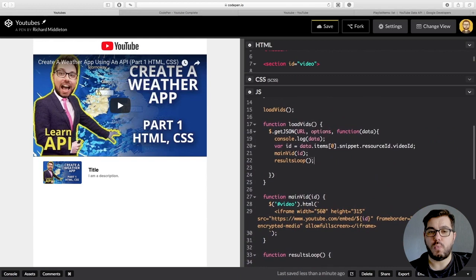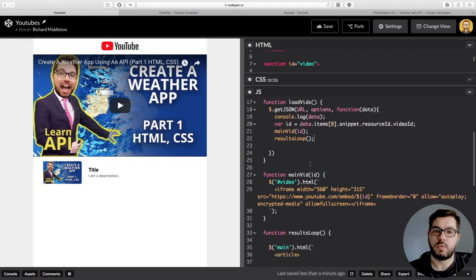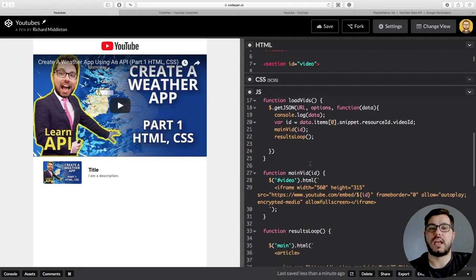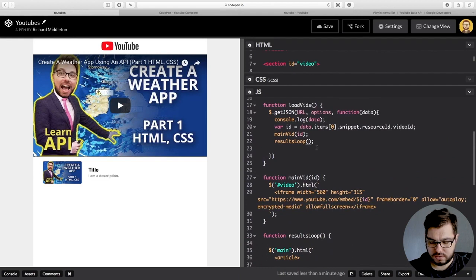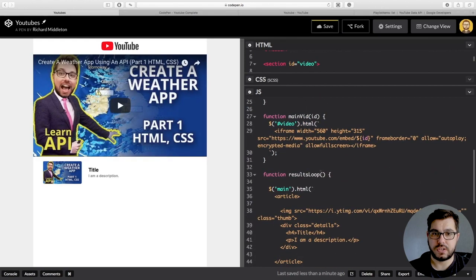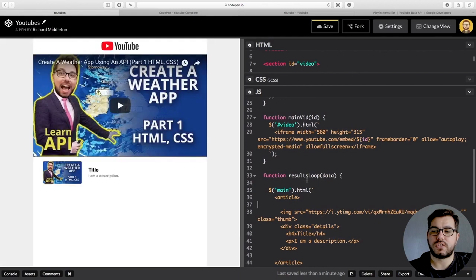So what we actually wanted to do is say, okay, for each one of these items, we want you to add another one and another one, right? So the results loop needs to fill this information out with its dynamic data. So let's send all the data to results loop. So then results loop, let's say, look, you're getting this data in. Now results loop wants to